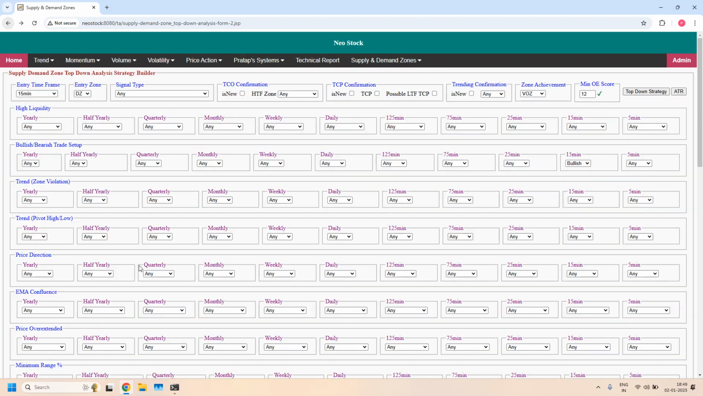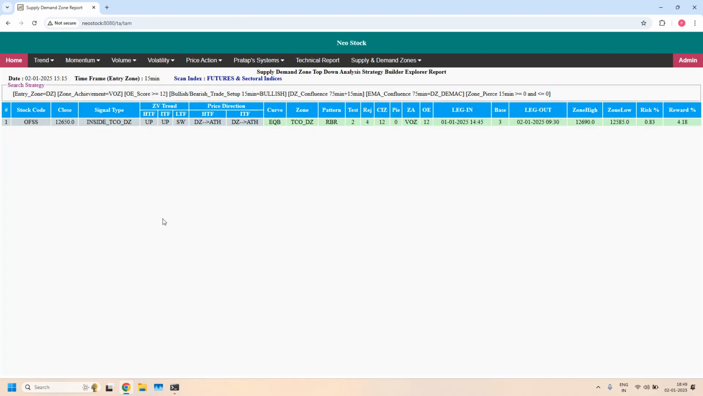Let's verify. In the EMA confluence, at 75 minutes time frame, 75 minutes demand zone having daily EMA confluence, with this filter we got only one stock. So this is a high probability trade setup supported stock. It has already been tested 2 times. Okay, next let us look for